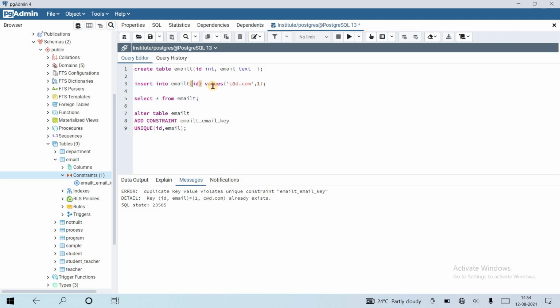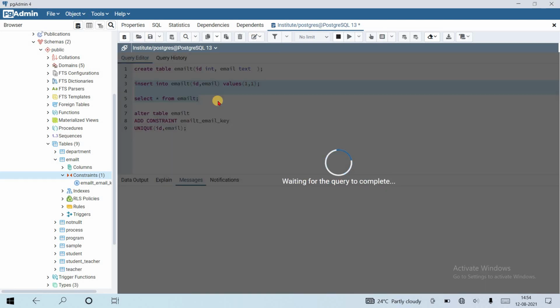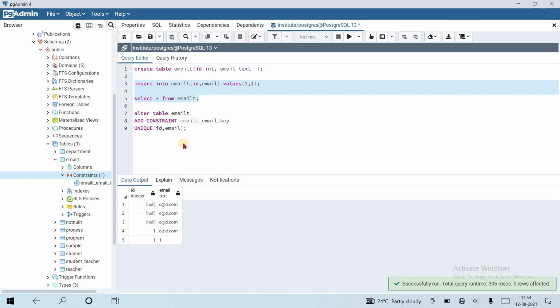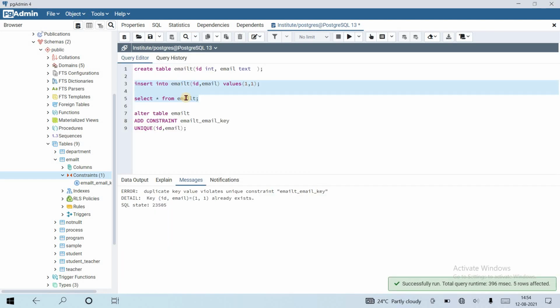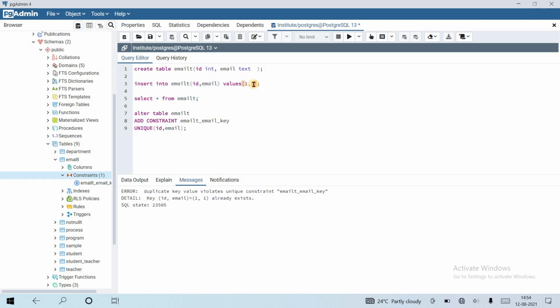Id comma email. Suppose I insert 1, 1. There is no error. We know that we can insert 1, 1. Let us insert it again. It gives an error because it violates the unique key constraint. Now 1, 2. Let's run this.